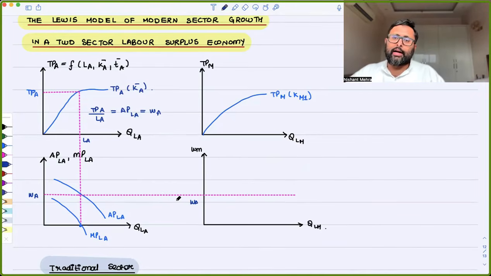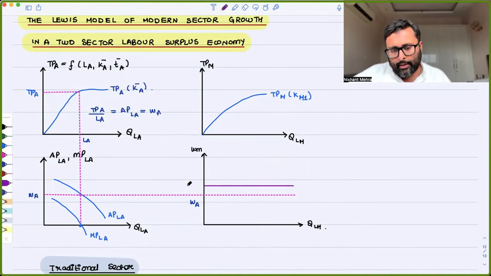Now, if I want to attract people from the agricultural sector to work in the manufacturing sector, I will have to give a higher wage to them. There is no other way, right? Let me just imagine that this is WM, which is a little higher than the subsistence wage WA. So the manufacturing sector is giving a little higher wage than the agricultural sector, so that surplus labor from the agricultural sector could be attracted towards the industrial sector,